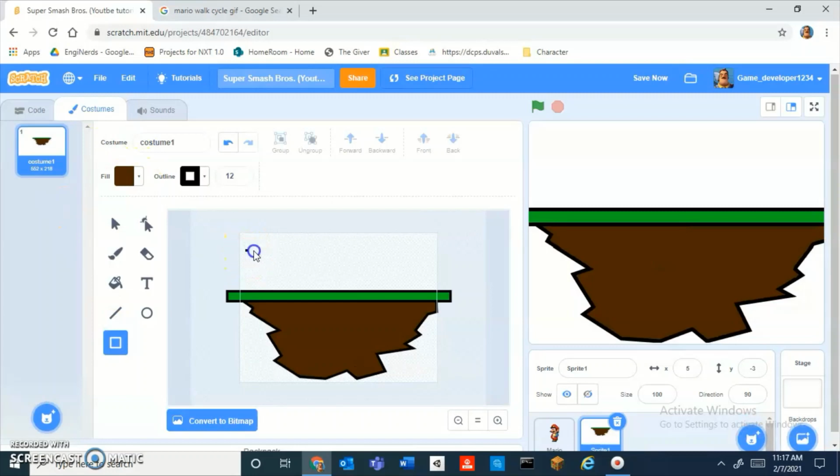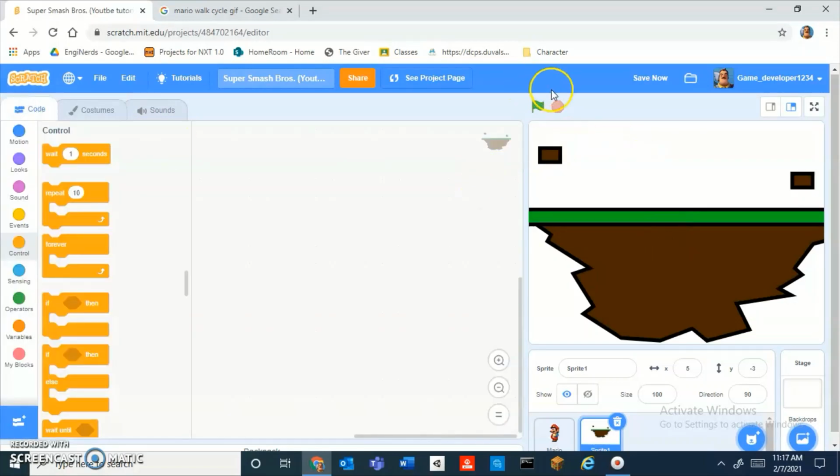Then I'll also add some of these floating blocks, like one right there and one right there. And there we go. But now Mario is not shown. I'm just going to call this level.